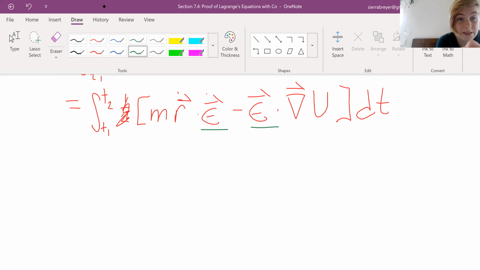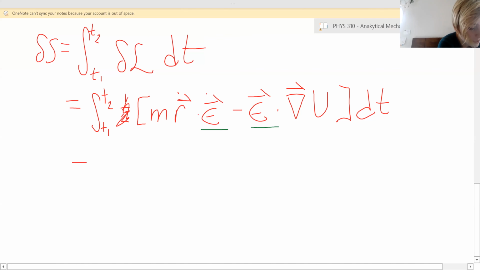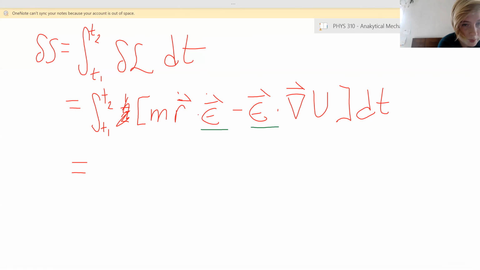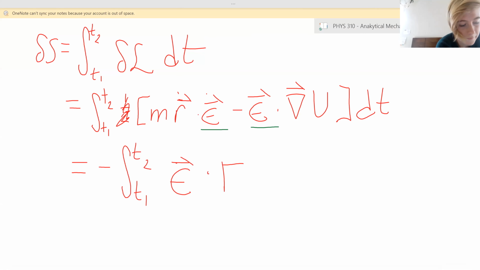So we can then simplify that, and we end up getting that the negative integral of t1, t2 is going to be epsilon dotted with the force constraint. That's why this is here, that's where we're getting that from. And dt,